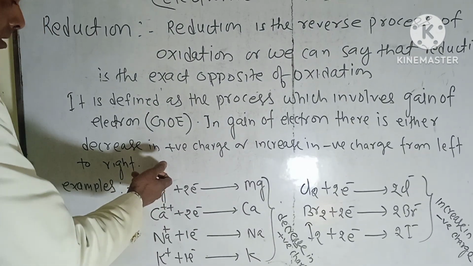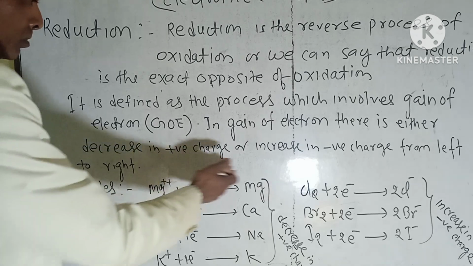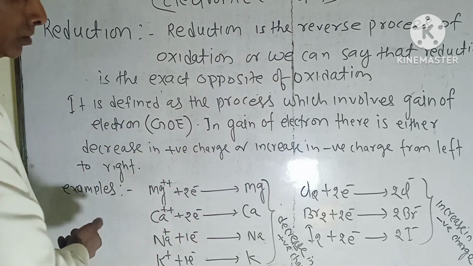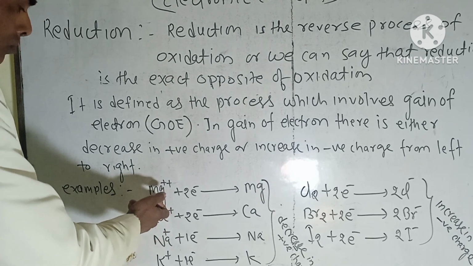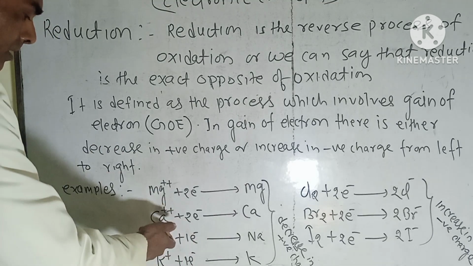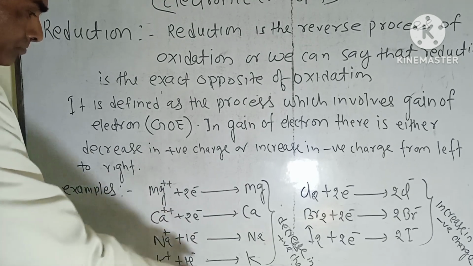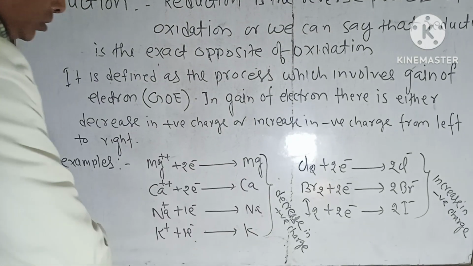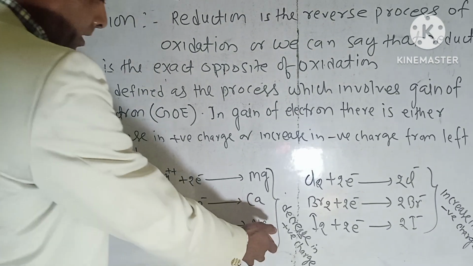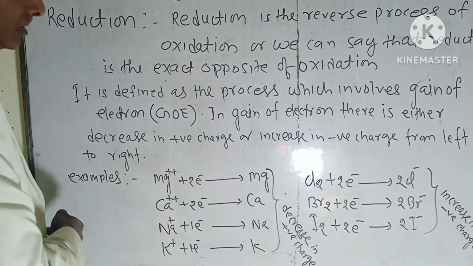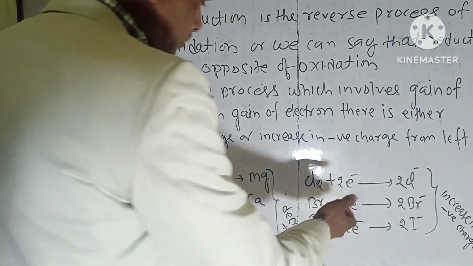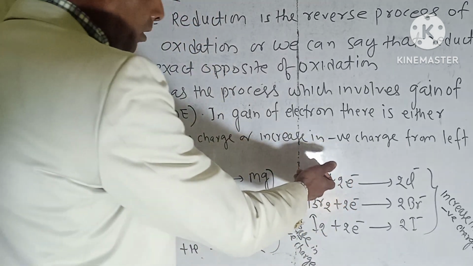Here there is a decrease in positive charge from left to right. Magnesium 2 positive charge, right hand side magnesium 0 charge. Calcium 2 positive charge, right hand side calcium 0 charge. Left hand side sodium plus 1 charge, here sodium 0. Left hand side potassium 1 plus, right hand side 0. In this way there is a decrease in positive charge from left to right, while in the case of chlorine,